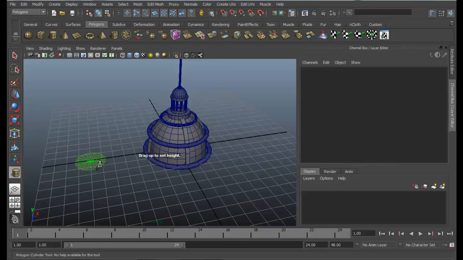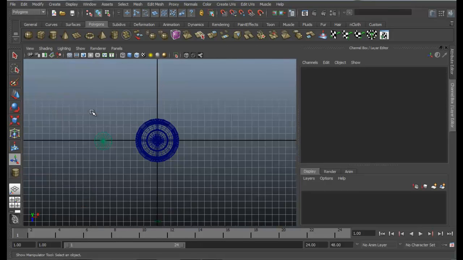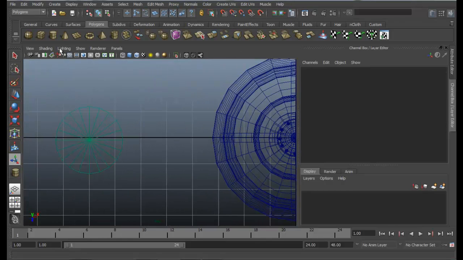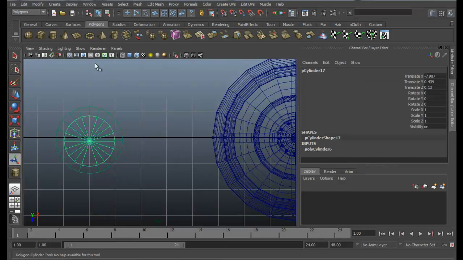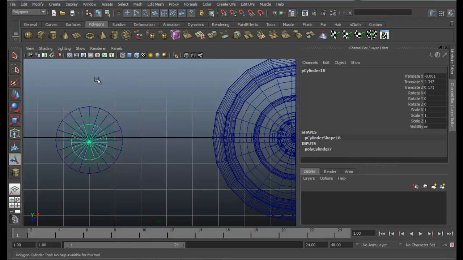Just create one cylinder, modify, make live, go to top view, create another cylinder about this size. Make this live and another one. Don't be worried, we'll adjust the heights later on.